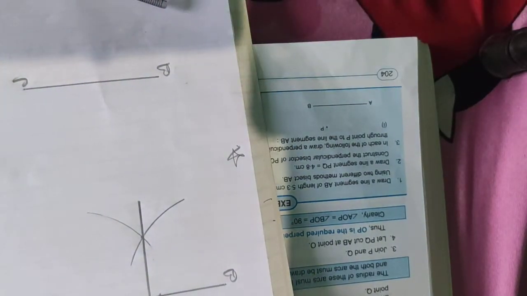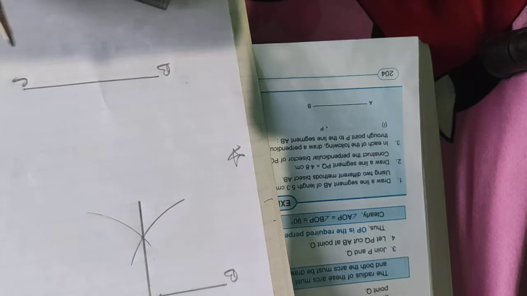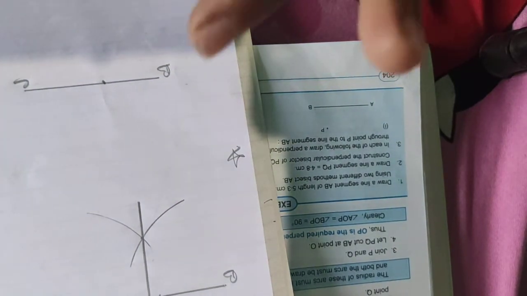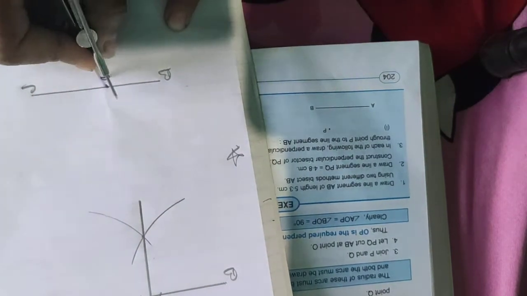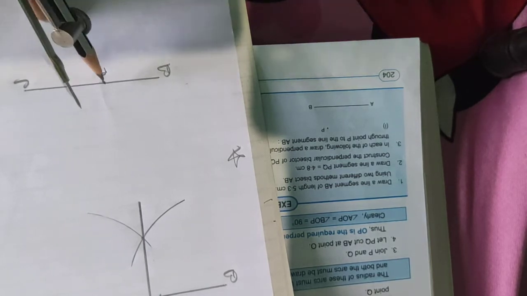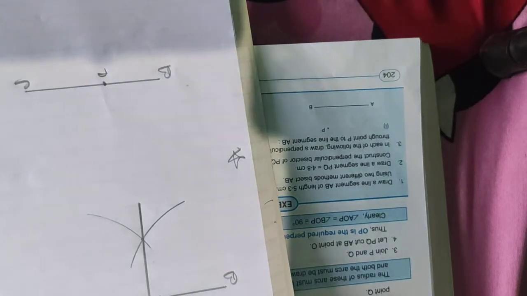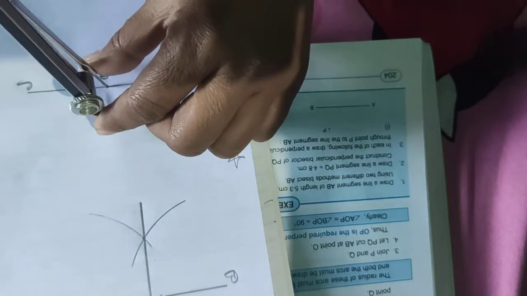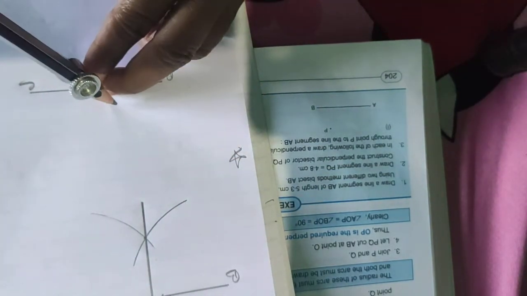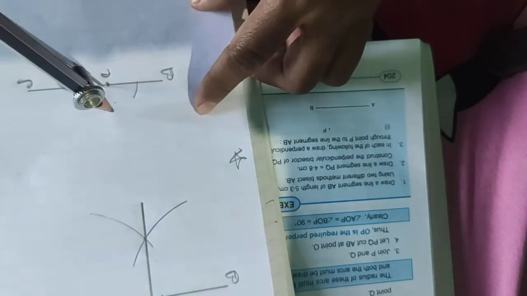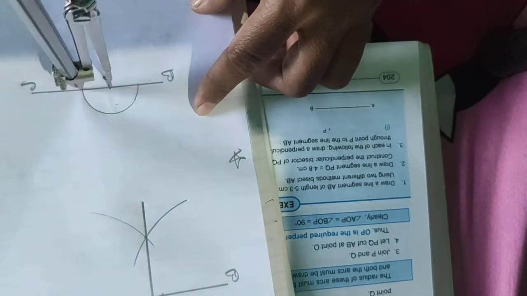Then take a given point, any point you can take, as P. Suppose I have taken P here. With P as a center, here you have to construct the perpendicular to the line at the given point on it. Take P as a center and draw an arc with a suitable radius, not too small, not too big. Draw an arc like this.